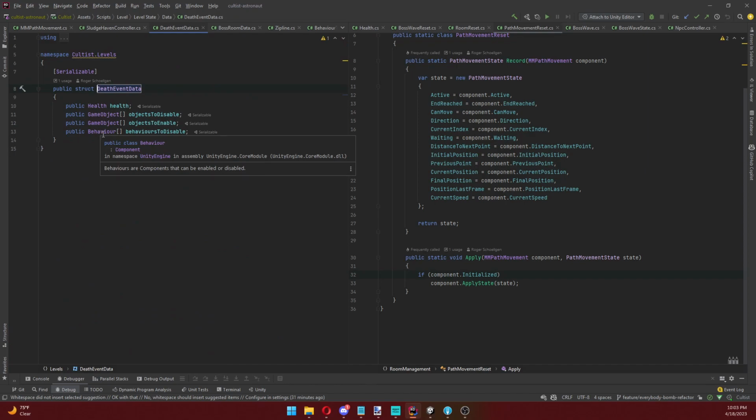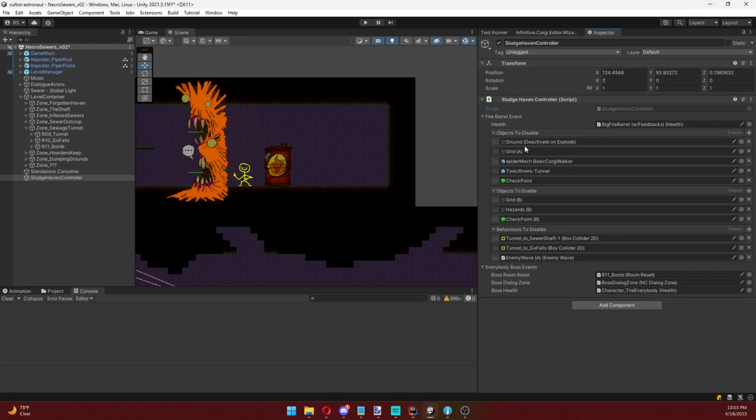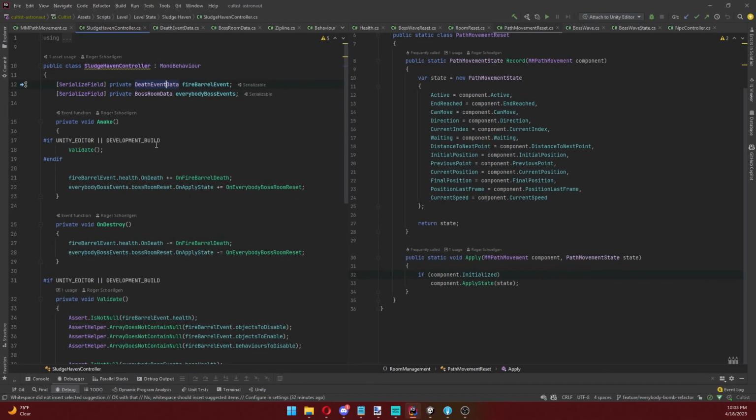It gives us various references. When this health object dies, we can disable a collection of objects, enable a collection of objects, or disable a collection of behaviors. This is what I needed to get this up and running. You can see that's all been configured in this inspector for this barrel. So when this barrel dies, these are the objects we disable, enable, and disable. And then we have